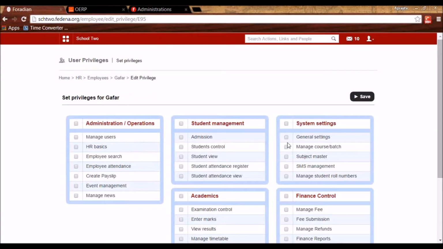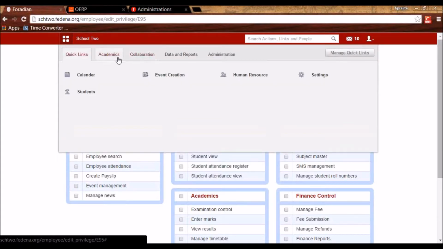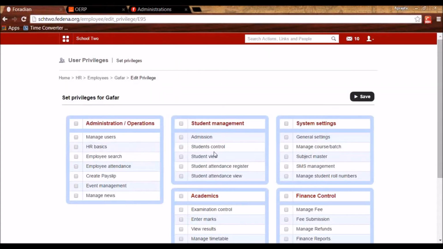And now this is very important. This tells you the privileges that I can assign to this employee. So privilege is based on the role of the employee, what this employee should be able to do in FEDINA. For example, if you see, as an administrator, I have a lot of functionalities available with me. So if I want to give any kind of functionality to this user, I need to check that from here.